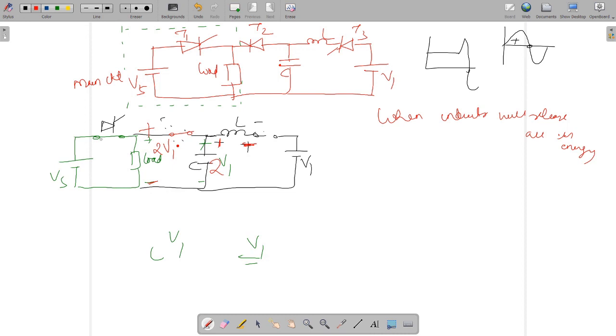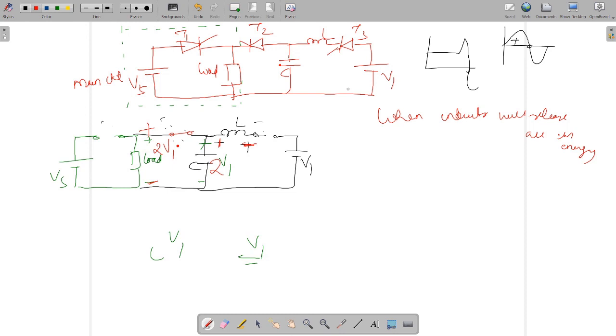And when your SCR enters the reverse bias condition, it will sweep out all the charge carriers from the junction, and your SCR will be turned off. So now when your SCR is turned off, your circuit will be turned off and the objective will be satisfied. So what you have done is you have applied the external pulse to T3, and this external pulse will help in turning off your main SCR.